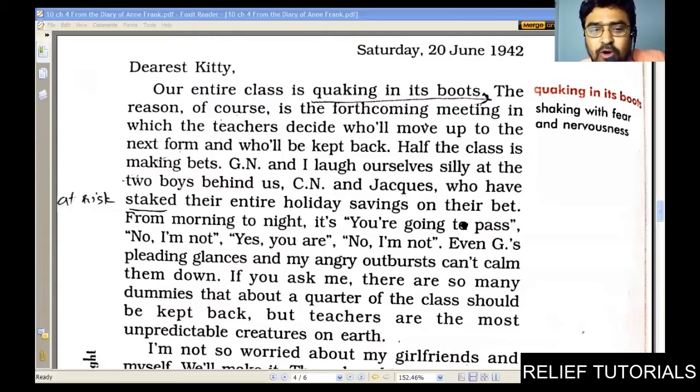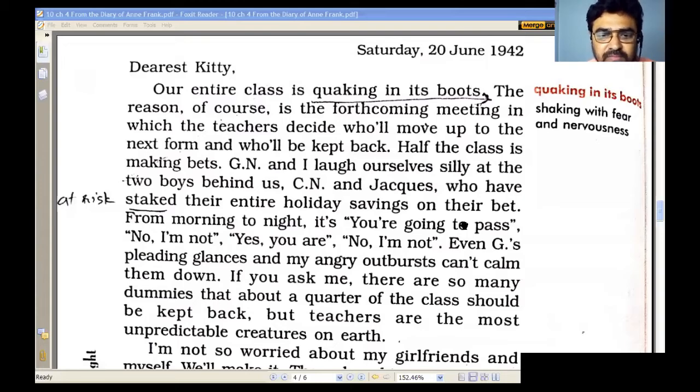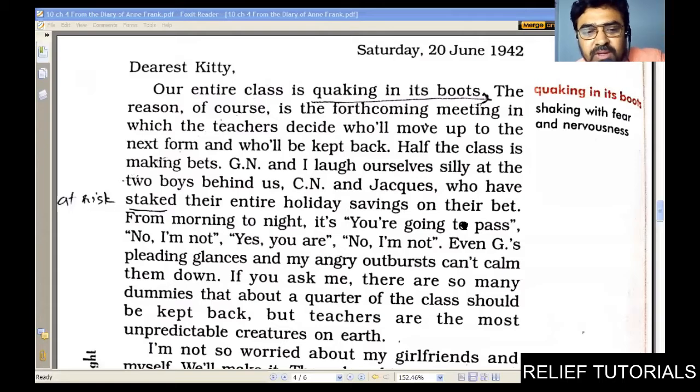And my angry outburst, angrily, the way she shouts and shows the kind of angry gestures, can't even calm them down. Those who are worried and arguing about the results, she's talking about them. "If you ask me, there are so many dummies that about a quarter of the class should be kept back. But teachers are the most unpredictable creatures on earth." So in this line, she tries to say that there are so many dumb